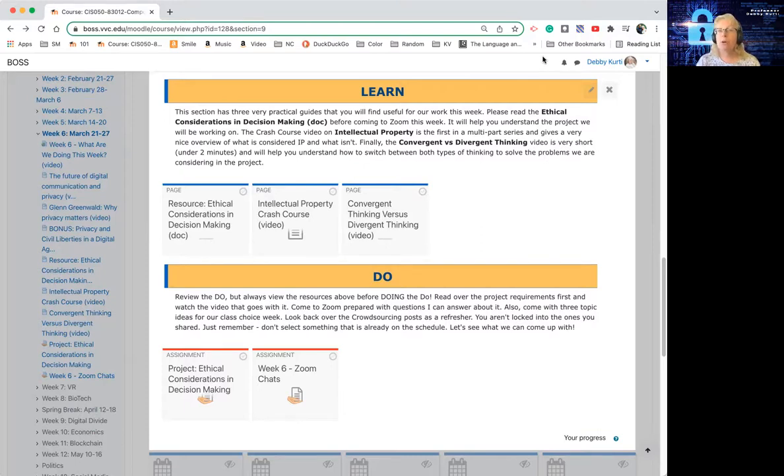And then make sure you look over the crowdsourcing discussions we had a couple of weeks ago, because now that we've used Kialo, we'll talk about that a little more. Now that we're getting the hang of that, now it's time to actually put up some topics. So we need to figure out what topics we're going to put out there. So come with a list of at least 3 topics that you think will make interesting discussions for our class. But look at the class schedule, because don't pick something that we already have. That would be kind of boring. Like I'm not going to choose one that's already on the list.